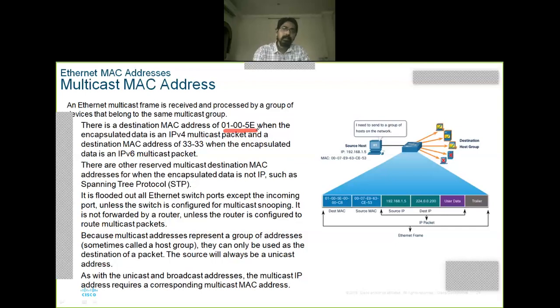We can use multicast addresses like the broadcast address FFFF. We have a multicast MAC address, a reserved address. If we include that multicast MAC address, the devices which belong to that multicast group will get the data, and the remaining systems which don't belong to that group won't get the packet, right? This is the way we can make communications.